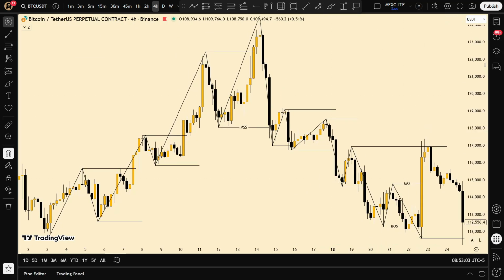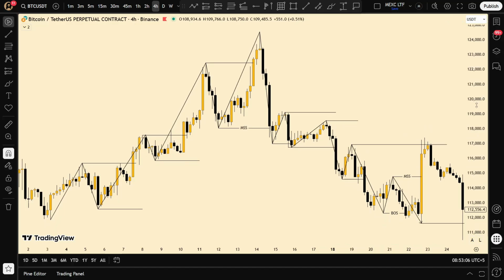So in this lecture, we have learned what is market structure shift, what is break of structure, how the markets move, and you have learned a swing structure, swing highs and swing lows. You really need to nail this down. You need to learn this. It's very, very important, because if you do not understand market structure right, you will not be able to understand this whole trading in general. So what I suggest you guys to do is,